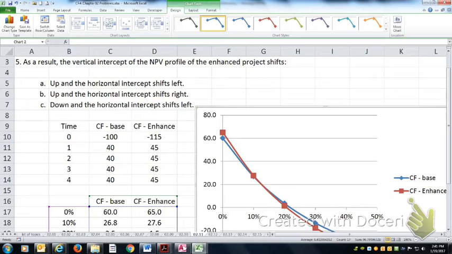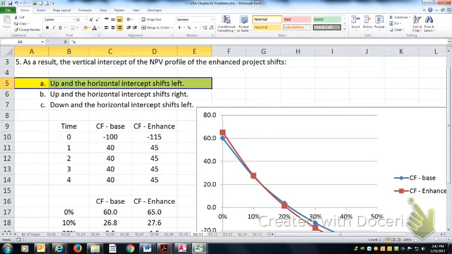So if we're trying to interpret this, the enhanced project, so as a result, the vertical intercept is where the profile now intersects with the vertical line. As a result, the vertical intercept of the NPV profile shifts up. Okay, so it went from the light blue to the red, it went up. We got that. And the horizontal intercept shifts left. It moved to the left. So that's your answer